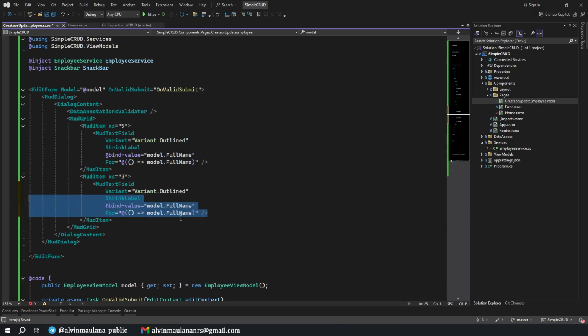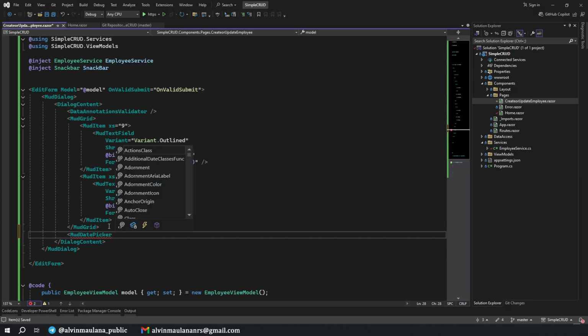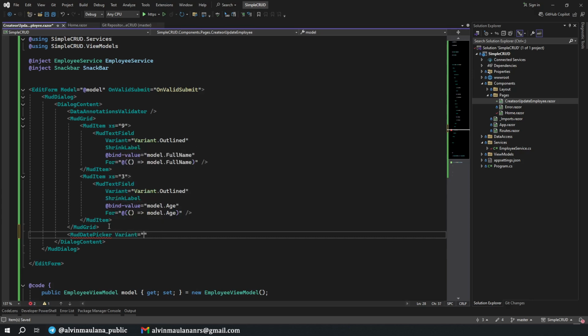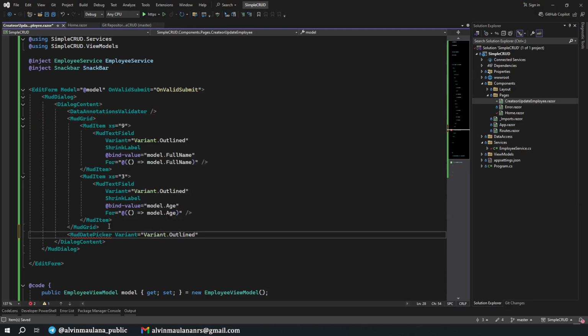Okay, and what we have here is for age. Okay, and then we will have another field for MudDatePicker, and we will have a variant of variant outlined also. We always use this variant, and let's have a label for this, date of birth, and then we need to bind a date.